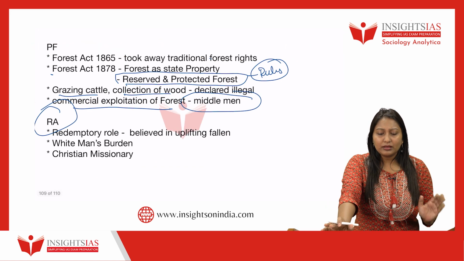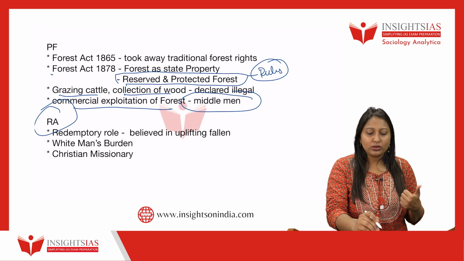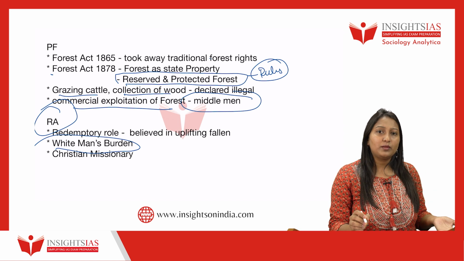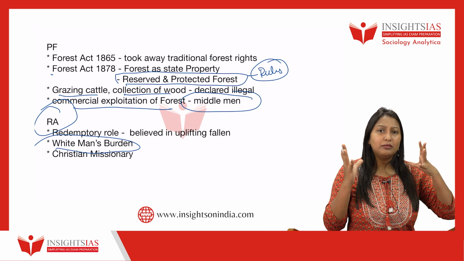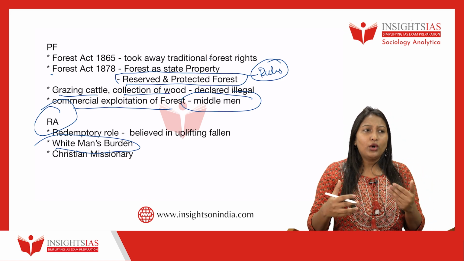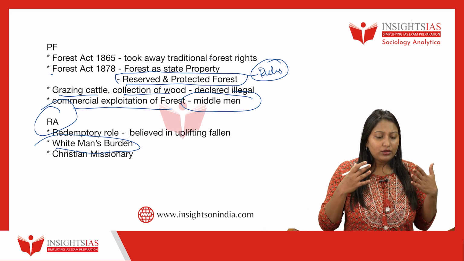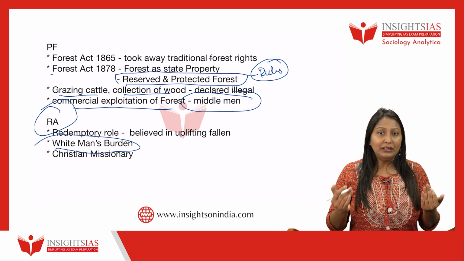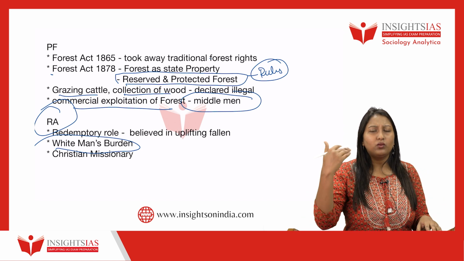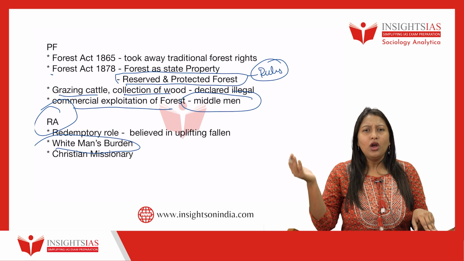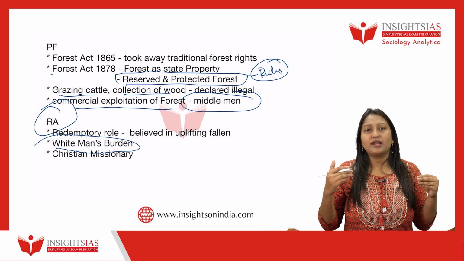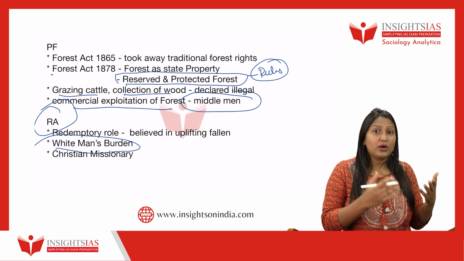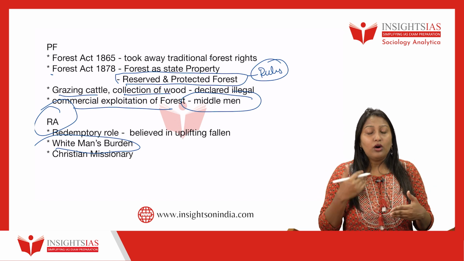So in this reformist approach, the British took up the white man's burden. What is the white man's burden? Rudyard Kipling gave the concept of the white man's burden, isn't it? It is basically the burden of a white man to change or reform these inferior beings. Who are inferior beings? Anyone who is not white, or any other racial group of people, was considered to be an inferior being, and it is the responsibility of a white man to change or reform them.